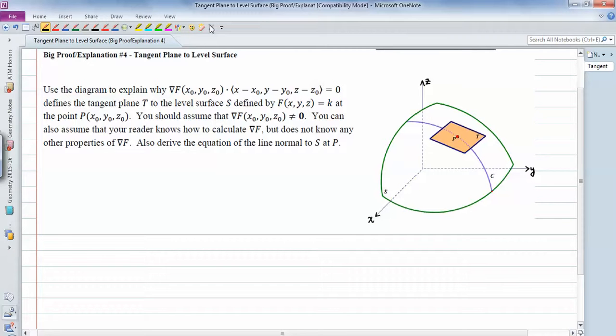And let's look at our surface here, and we'll define some things first. So let C be any curve on our surface S through point P. P is where we're going to get the tangent plane, by the way. This means that, since C is a curve in 3-space, we can define